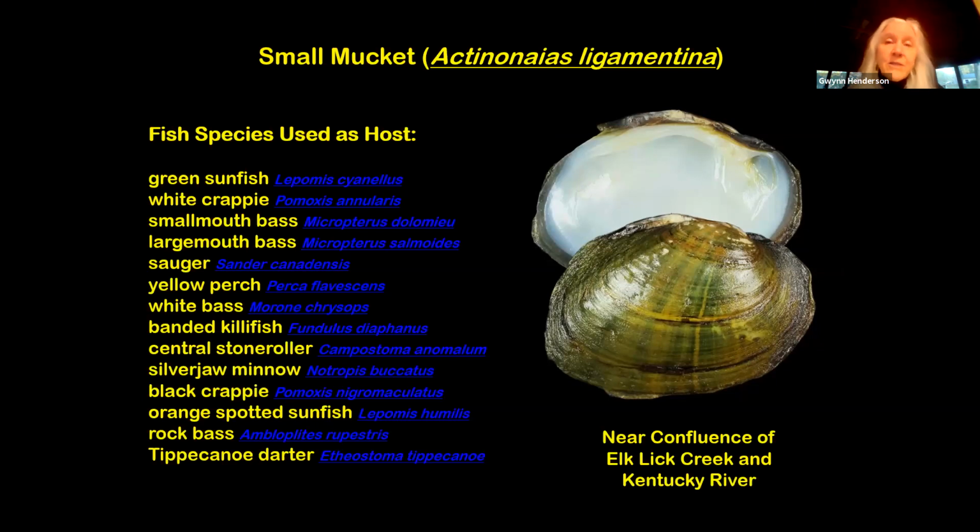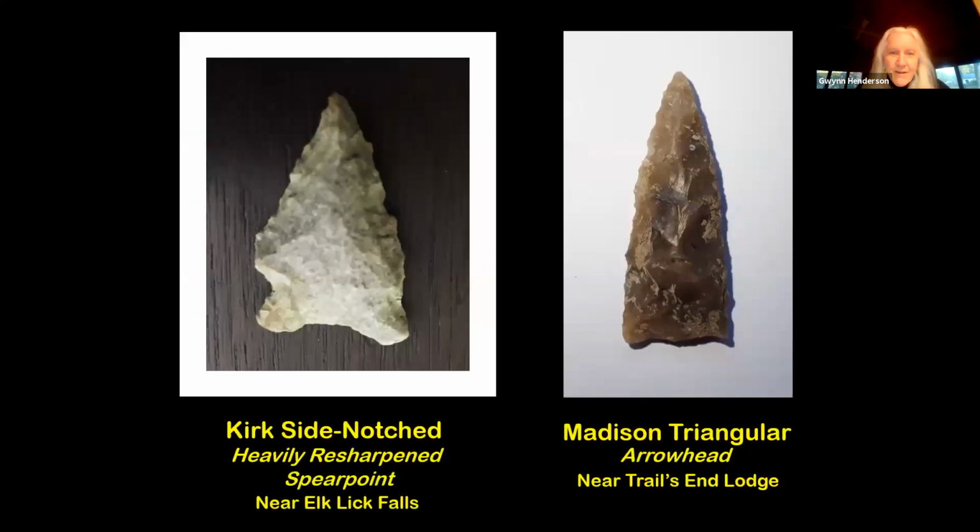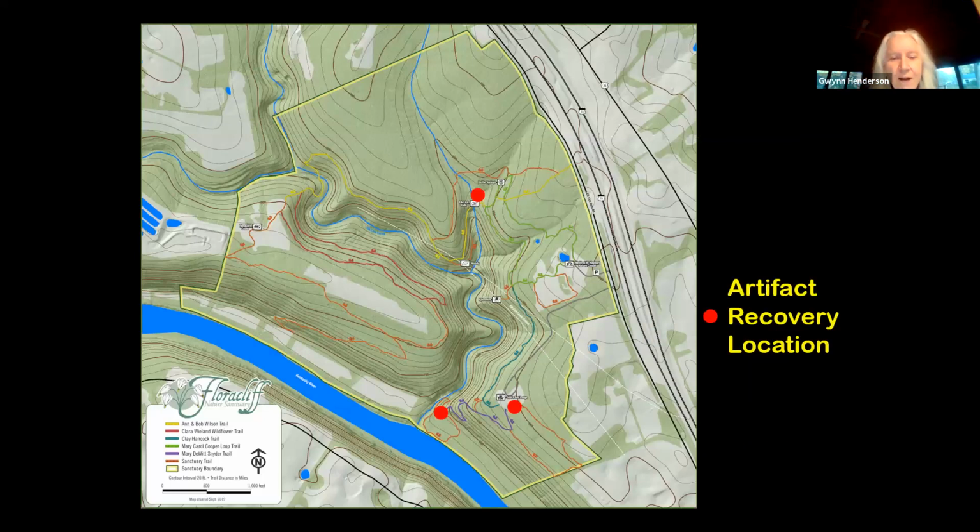So it's not surprising that this particular kind of freshwater mussel found there near the river will explain to malacologists the nature of the substrate, the kind of water that was there. I don't think I need to remind you that the Kentucky River is not a free-flowing river anymore. It's one long pond or one long lake. But back when native peoples were here, it looked a lot different. Imagine going down to the creek and seeing a fresh, clear Kentucky River, fishing there, living there, collecting plant foods